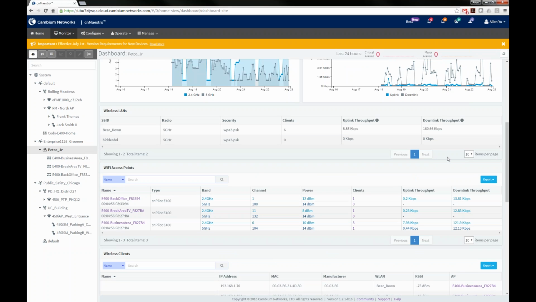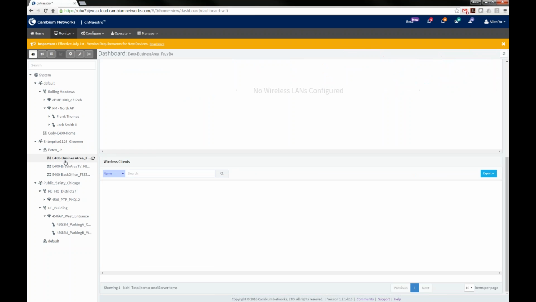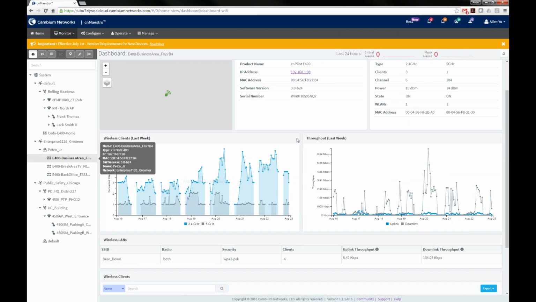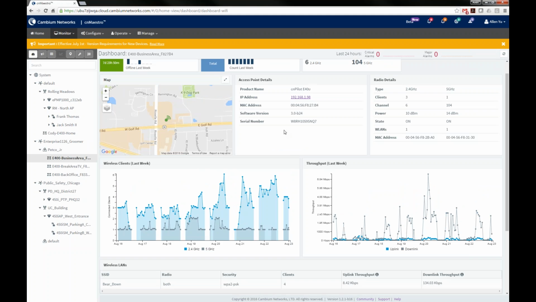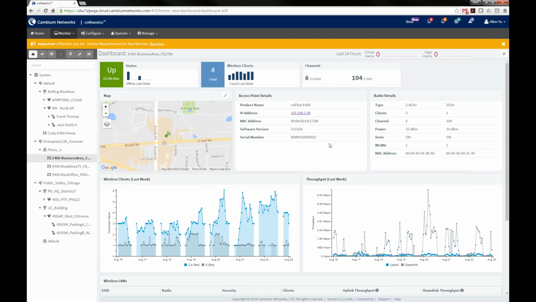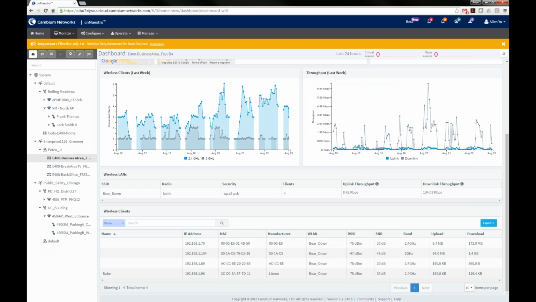Let's see what else they have here. Then let's take a look for this one, specifically one, and you can see what the channels are here, and how many channels, how many clients, the stats, power, and this device dashboard gives you some more details on this device. All right. So let's go back